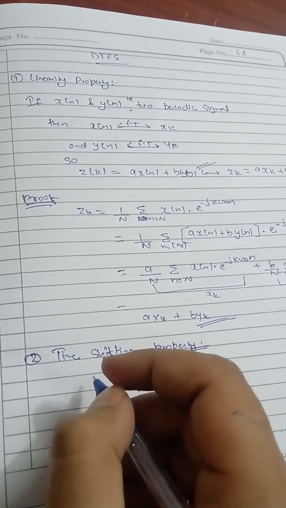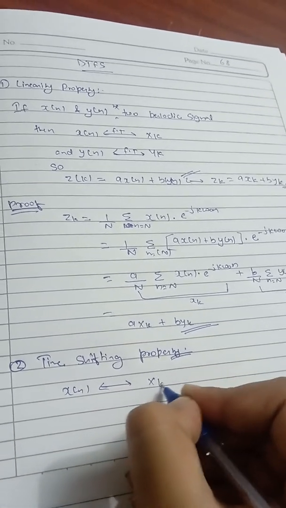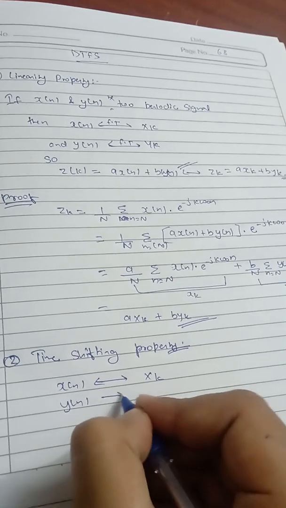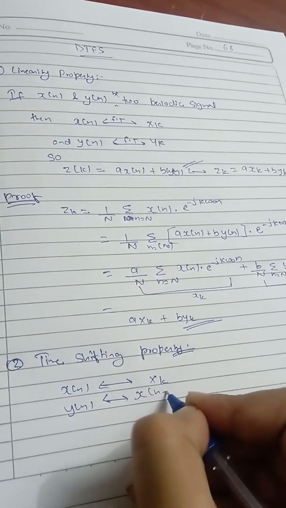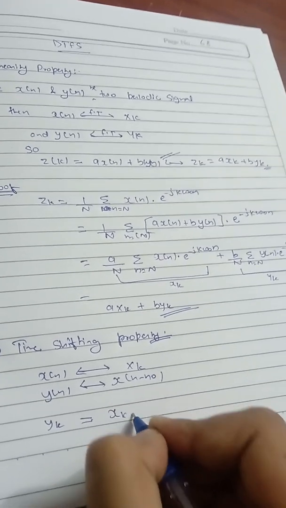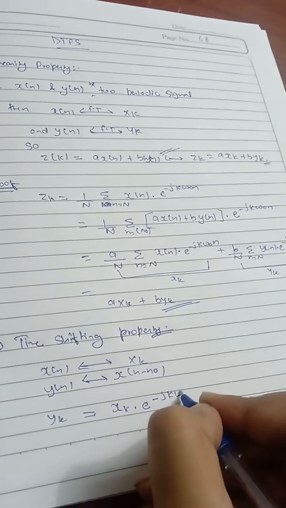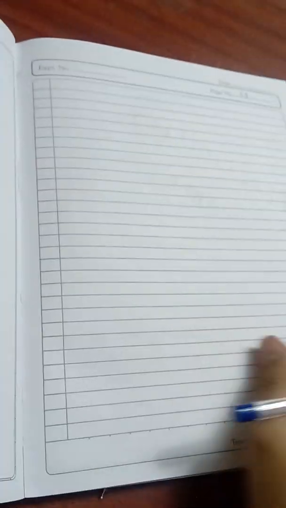Now the time shifting property of discrete time Fourier series states that if x of n has Fourier transform x of k and y of n, which is x of n minus n naught, has Fourier transform y of k, then y of k can be written as x of k into e raised to the power minus j k omega naught n naught. So now I will prove it. Y of k equals 1 upon N summation over